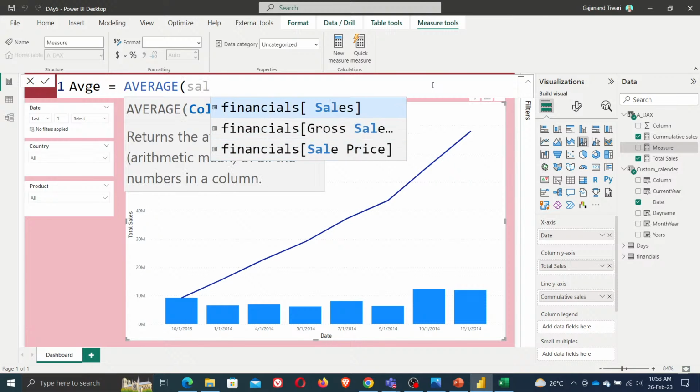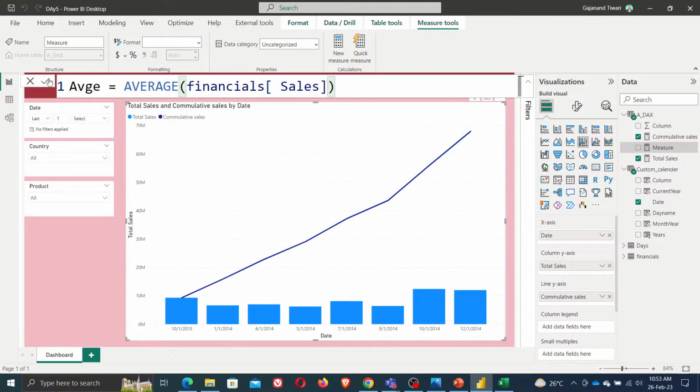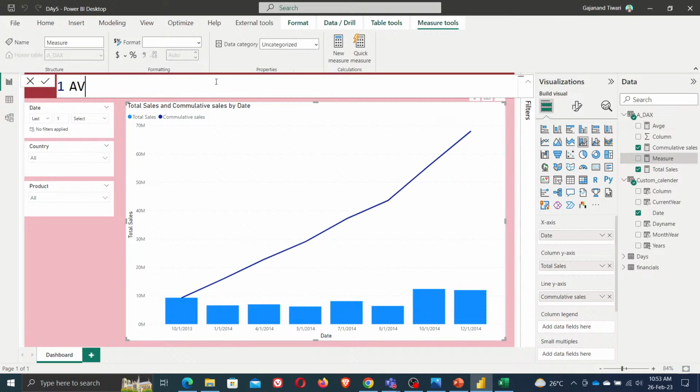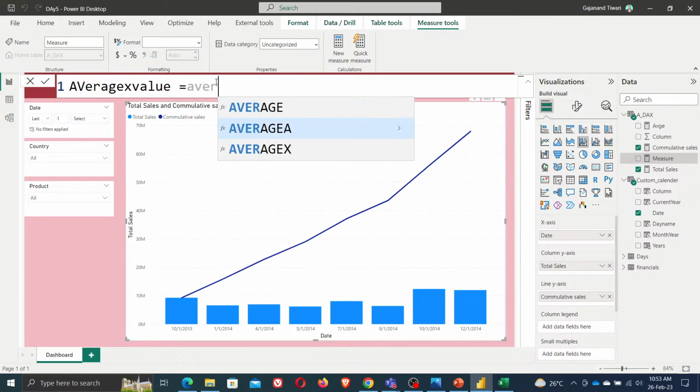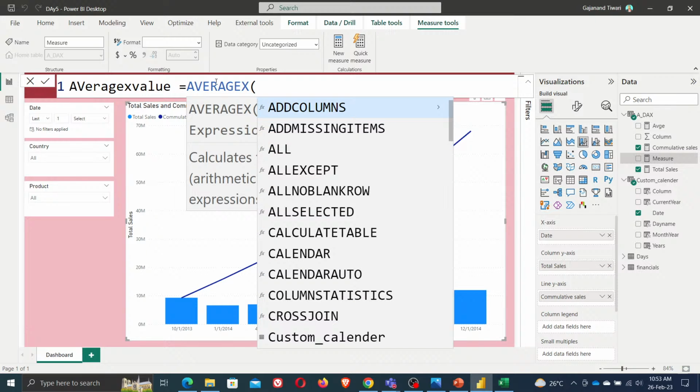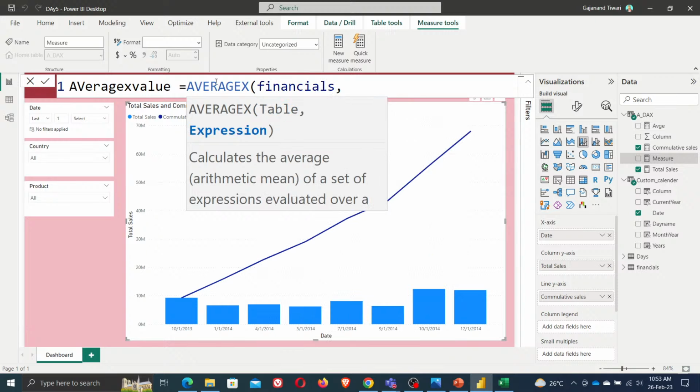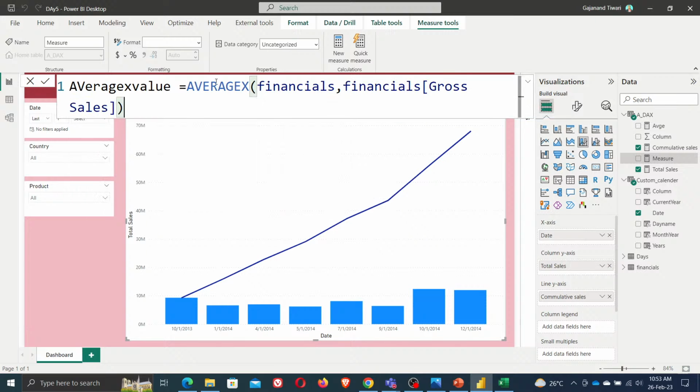So, cells average, this is done. Then we move to AVERAGEX. AVERAGEX is equal to AVERAGEX over the financial data set, then we have the gross sales. Do the total. Perfect. Then we have